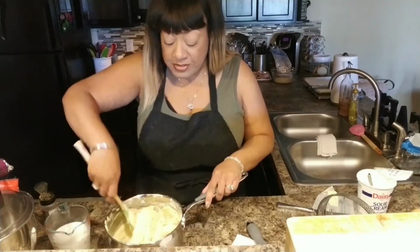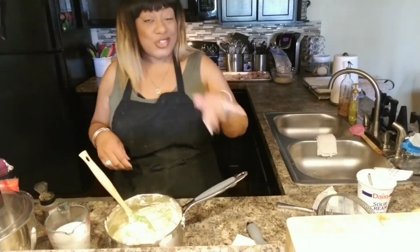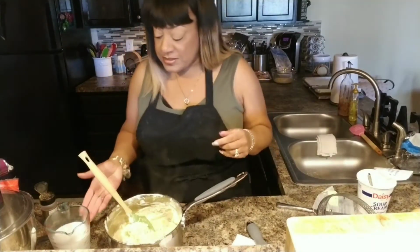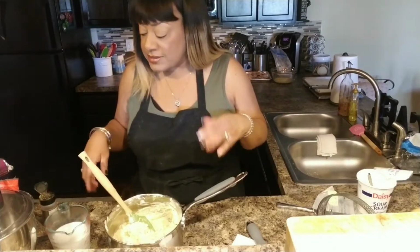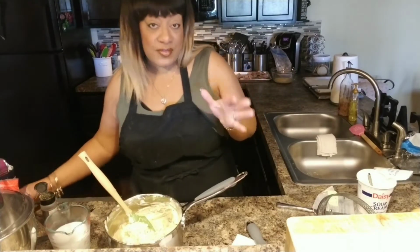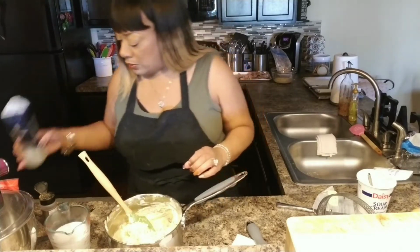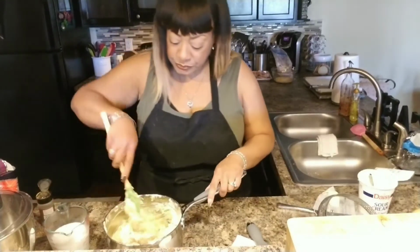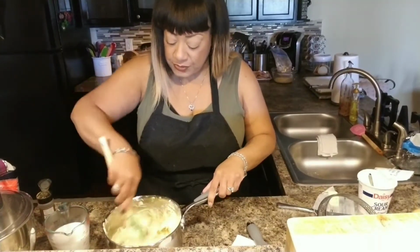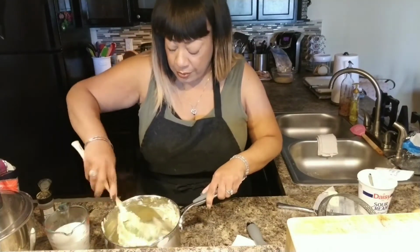Very good. Something else you can add to this is a little chicken broth if you want to give it an extra layer of flavor instead of the milk. Everyone can't have milk. Some people are lactose intolerant. You can definitely use a little chicken stock. I've done that before and it's absolutely delicious. Go add just a tad bit more salt and a tad bit more pepper. So you can definitely do that. Substitute chicken broth for